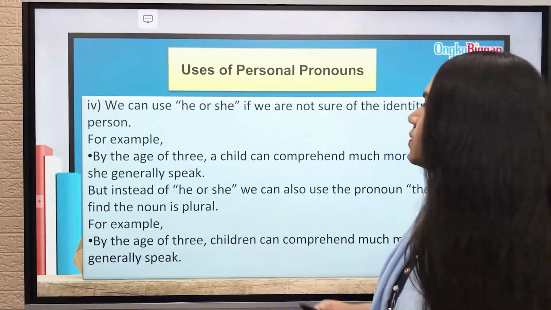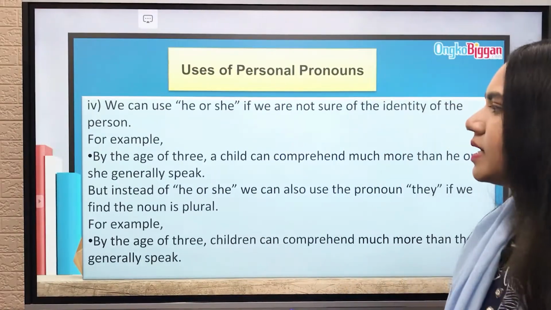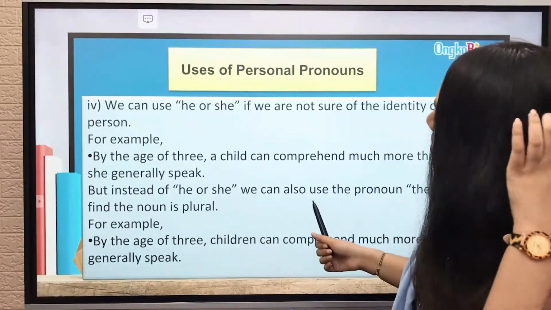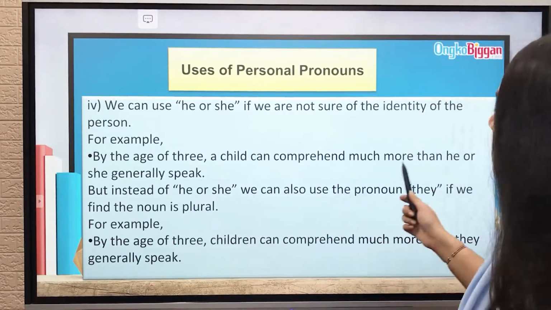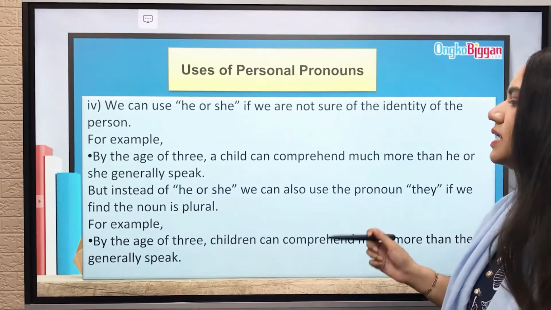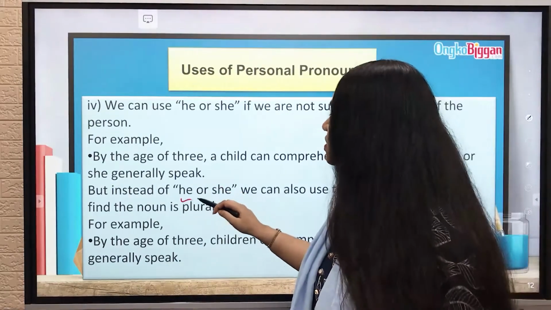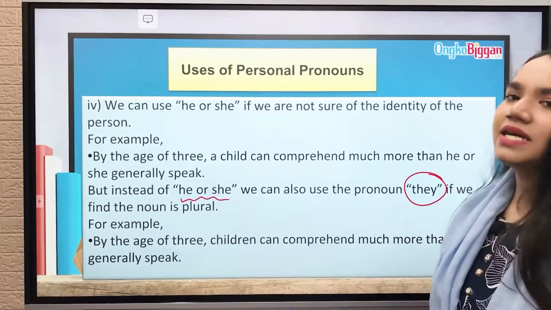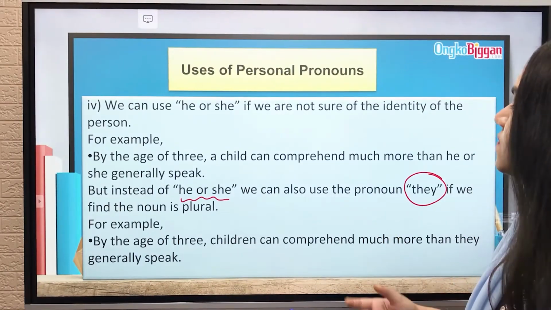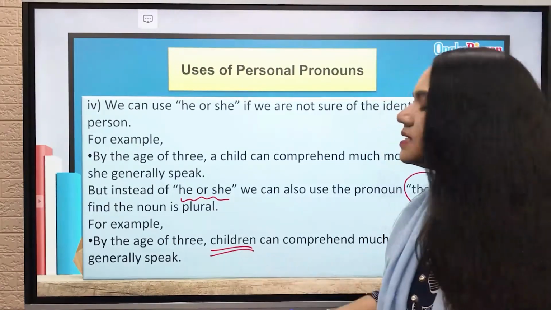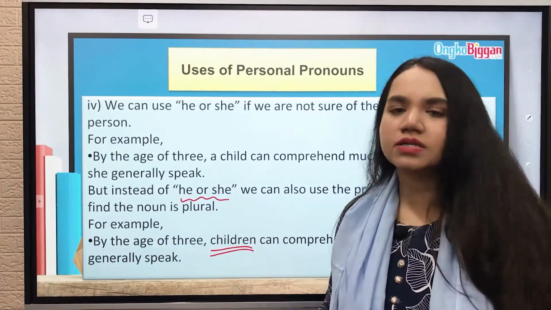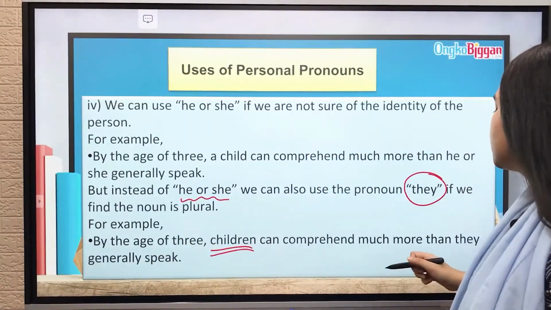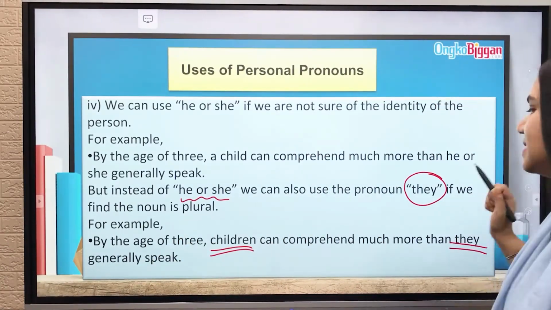Then we see that we can use he or she if we are not sure of the identity of the person. Like I've already mentioned that for a baby we can use the word it. By the age of 3, a child can comprehend much more than he or she generally speaks. In the case of he or she, I can follow it with they if we find that the noun is plural. Like by the age of 3, children. In this case, children can be either boys or girls, so this is not particularly prominent as of yet. As a result, I can use the word they. They can do much more than they can generally